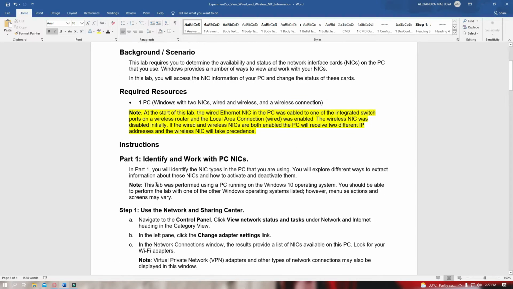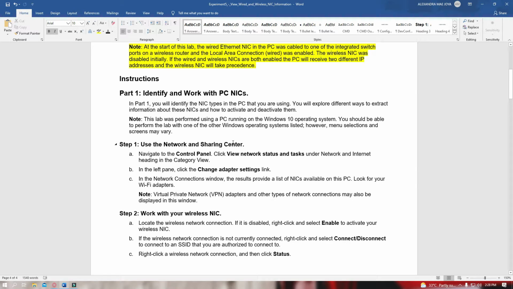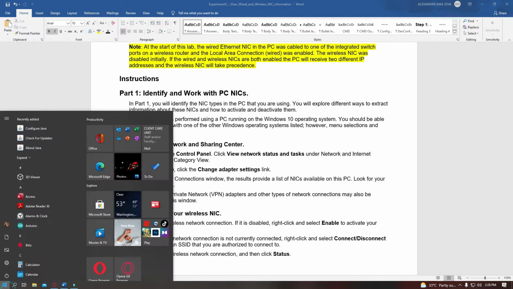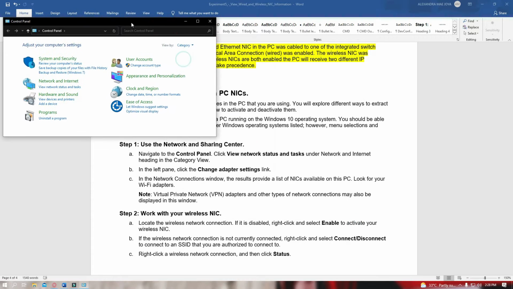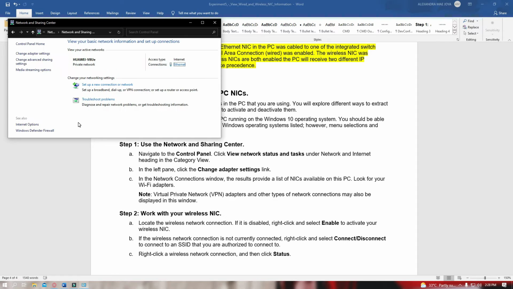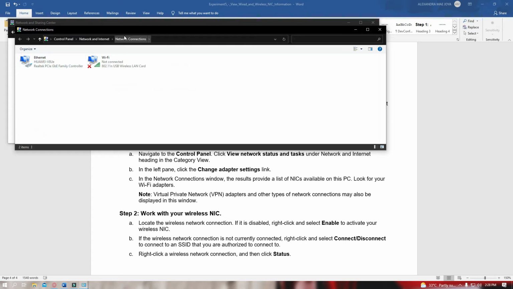So, instructions. Part 1, identify and work with PC NICs. Step 1, use the Network and Sharing Center, navigate to Control Panel. So, let's do that. Let's go to Control Panel and view network status and tasks. In here, we are given a list of the NICs available in our PC. So we need to click on change adapter settings. There, in the network connections window, the result provides the list of NICs available on this PC. So this is our Wi-Fi adapter, and this is my